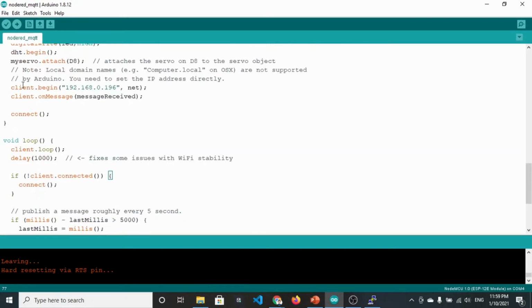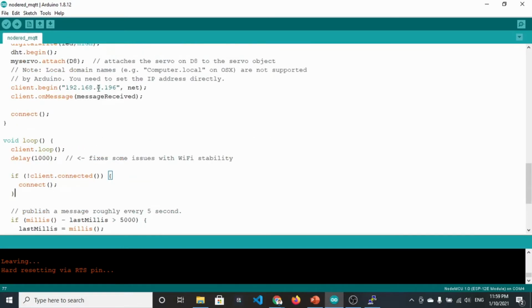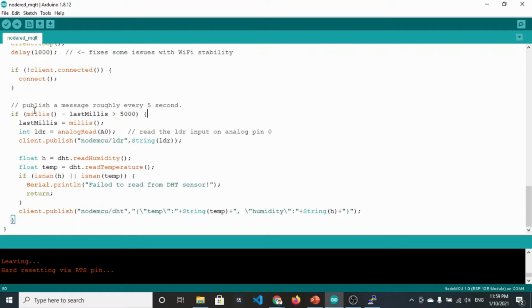And so let's discuss the loop part. We are connecting to the MQTT broker of the Raspberry Pi with this IP address, so that we can now publish a message roughly every 5 seconds. So what are we publishing here? The LDR message, the brightness message, by reading the analog pin A0, and reading humidity and reading temperature.